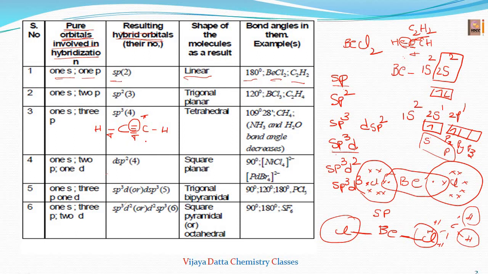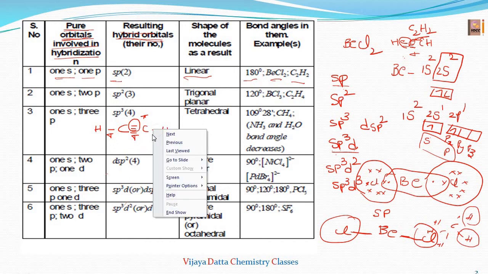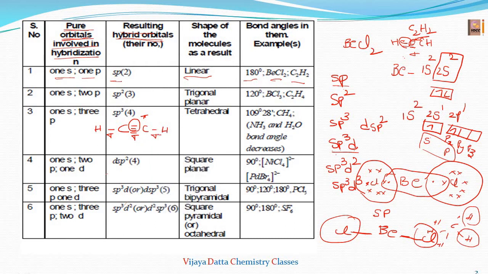If you take the double bond, one bond is the sigma, another bond is the pi bond. If only one bond is present, obviously that will be a sigma bond. So these carbons have two sigma bonds and no lone pairs, so hybridization is sp. Here two sigma bonds, hybridization is sp. Like that we have to write. Okay, now I will take some more examples and show you how to calculate the hybridization also.